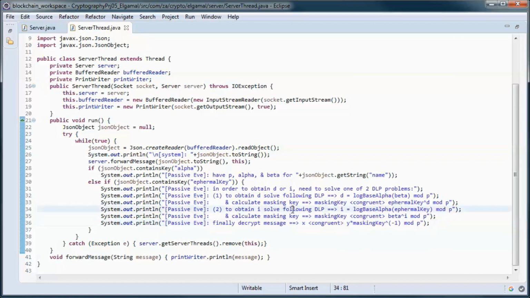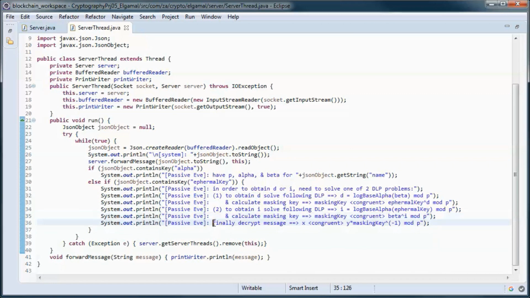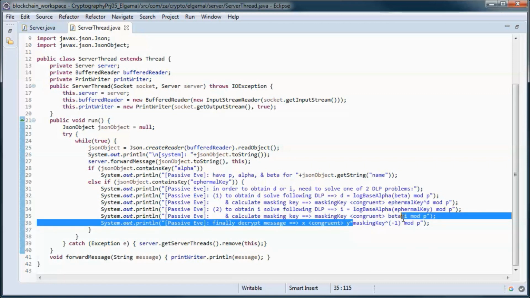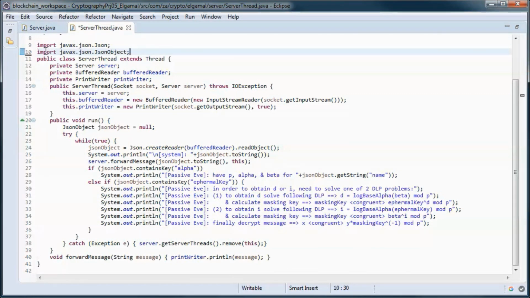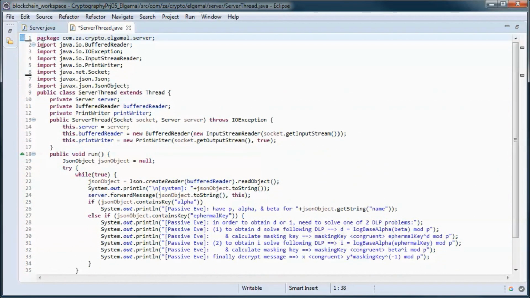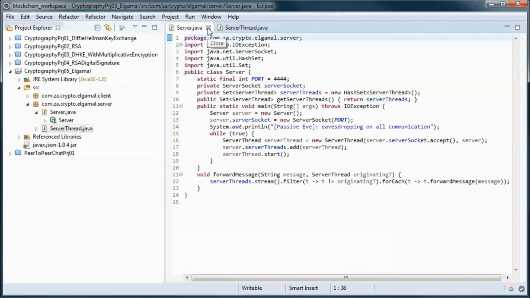And same with I. If she obtains I, then she can use it to calculate the masking key, and then use the masking key to decrypt the message, or the inverse of the masking key. So this should do it on the server side.